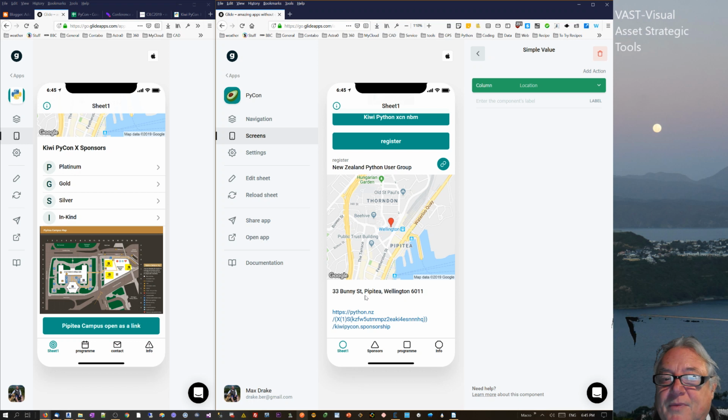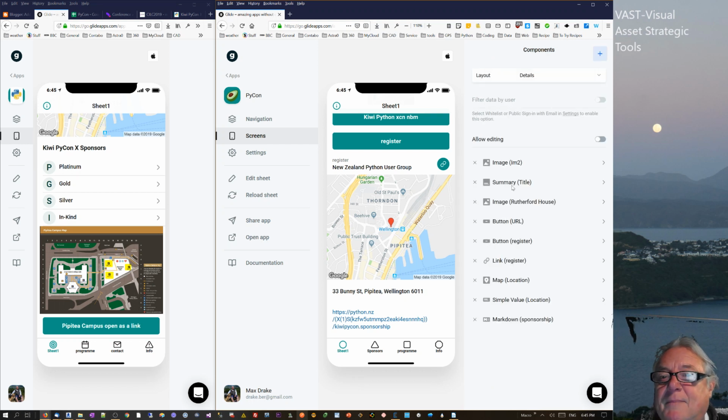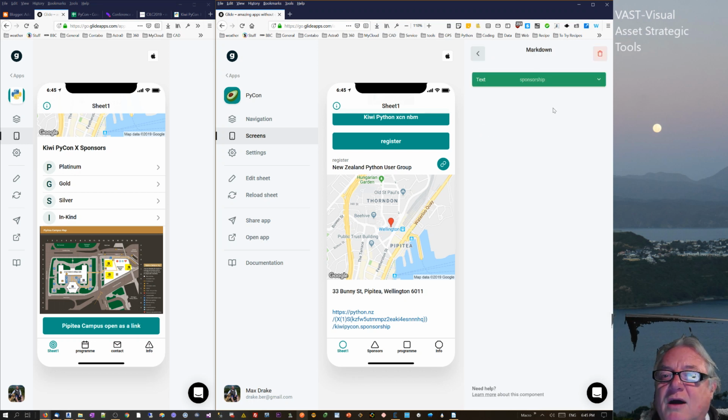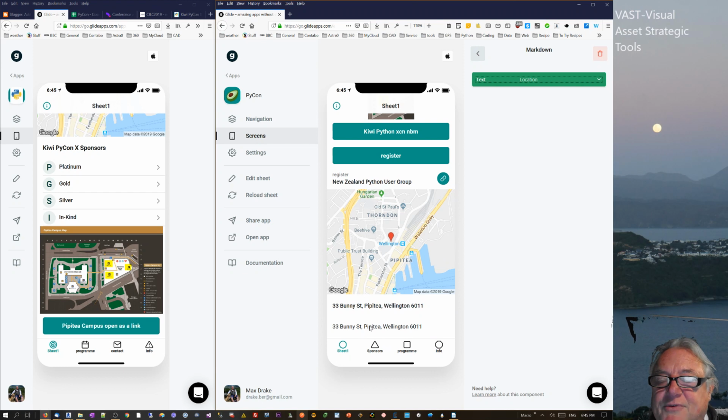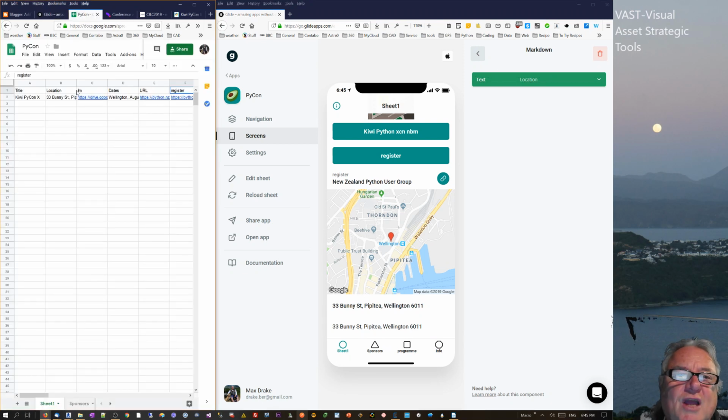So at the bottom, it just actually has the address there. We can also have a markdown that if you actually want the markdown for location, that comes through there. But in the markdown, if you wanted to use markdown, you could go into here, and in the location, you could,